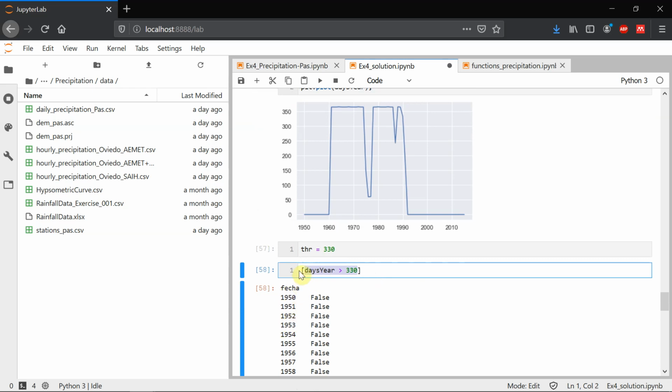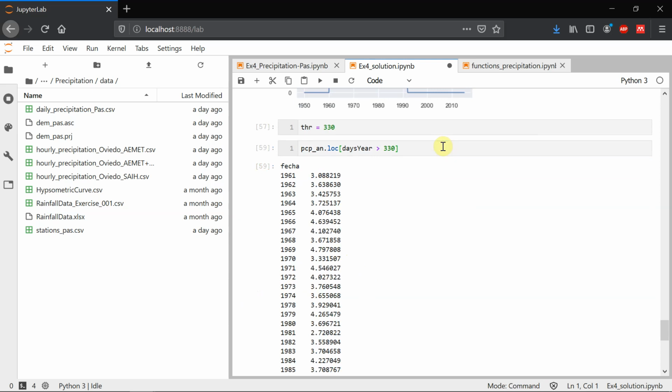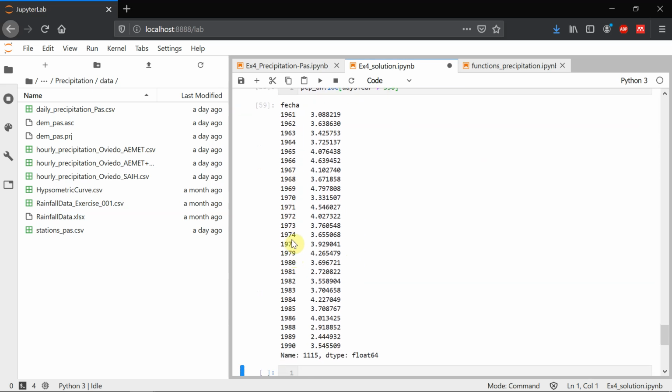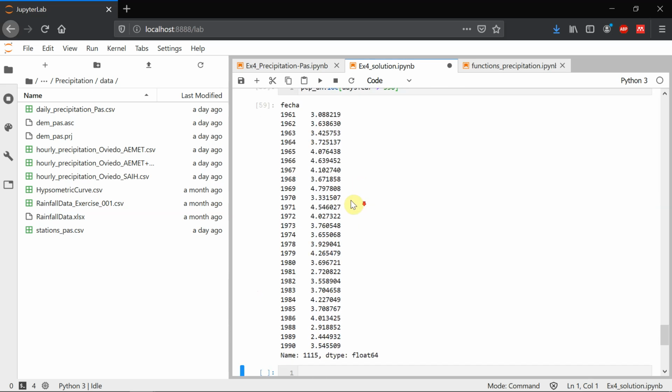into our series. So we have this series of annual precipitation, and we can just ask for the days for these years here. We can see now that we only extract the years from 61, and you can check that 60, 75, 76, etc. had really low values here. We got rid of them, and now we can just